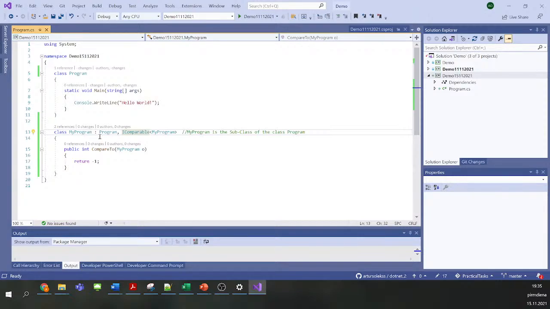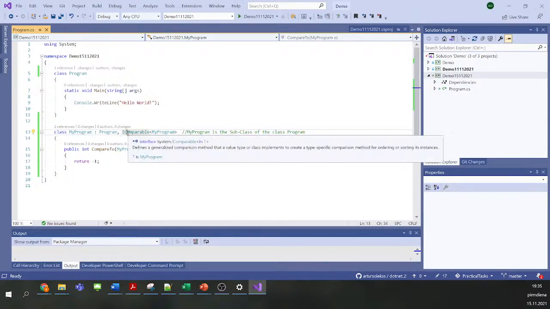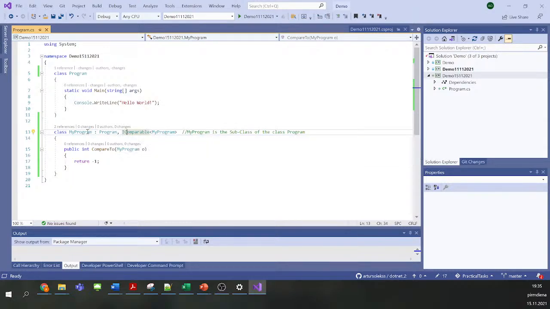In C#, you can see there is no difference. From some point of view this is also quite logical, but especially for beginners this may be a little bit confusing, because this syntax actually means that I extend the superclass and I implement the interface.